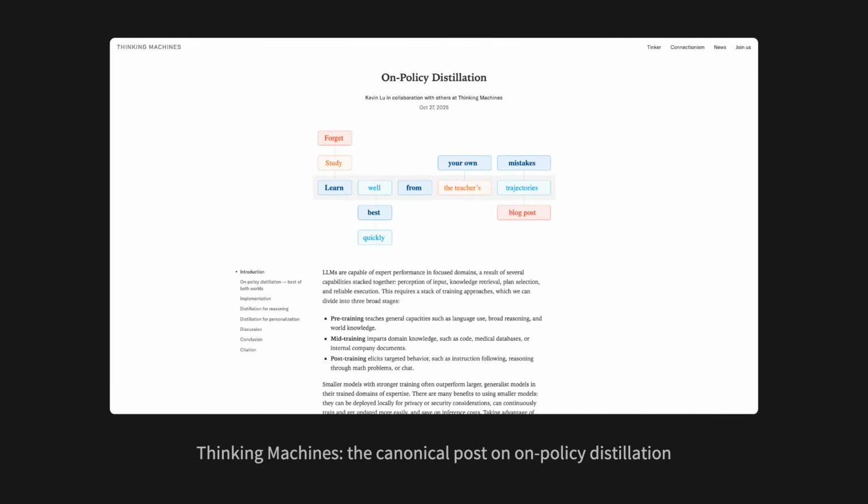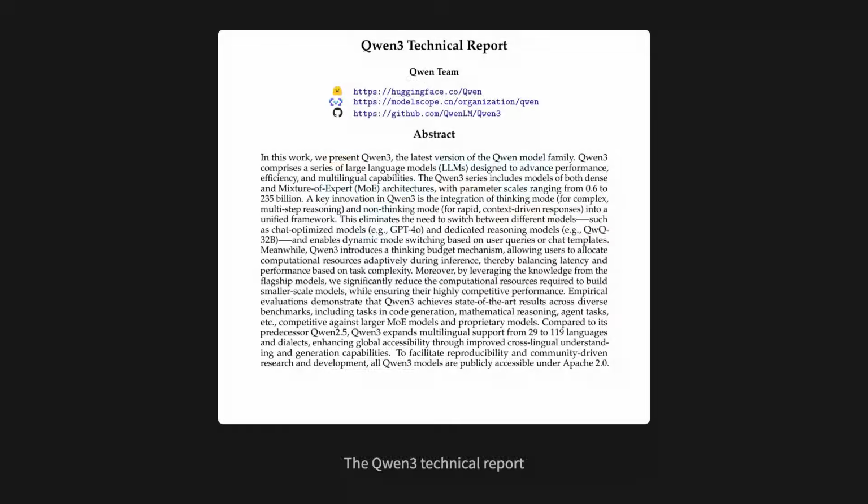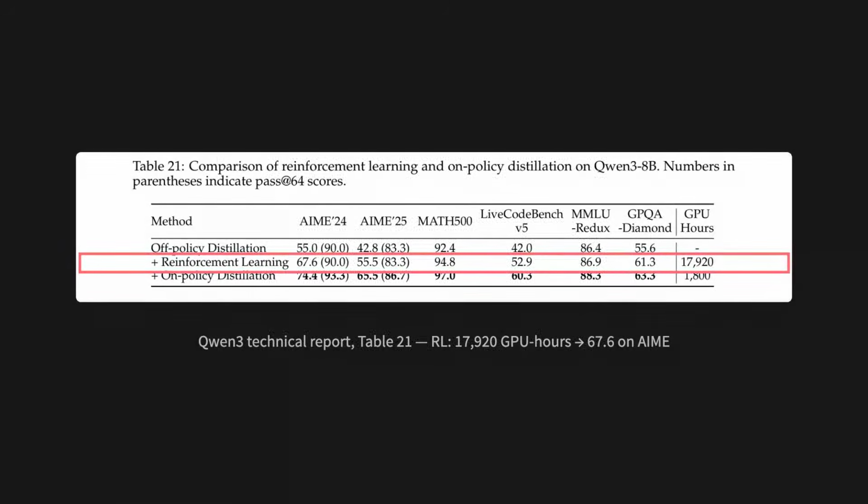Last October, Thinking Machines published what's become the canonical post on a technique called on-policy distillation. And Qwen used on-policy distillation to post-train Qwen 3. They released the Qwen 3 technical report with the exact numbers. In their Table 21, the Reinforcement Learning Pipeline, RL for short, took 17,920 GPU hours and scored 67.6 on AIME,